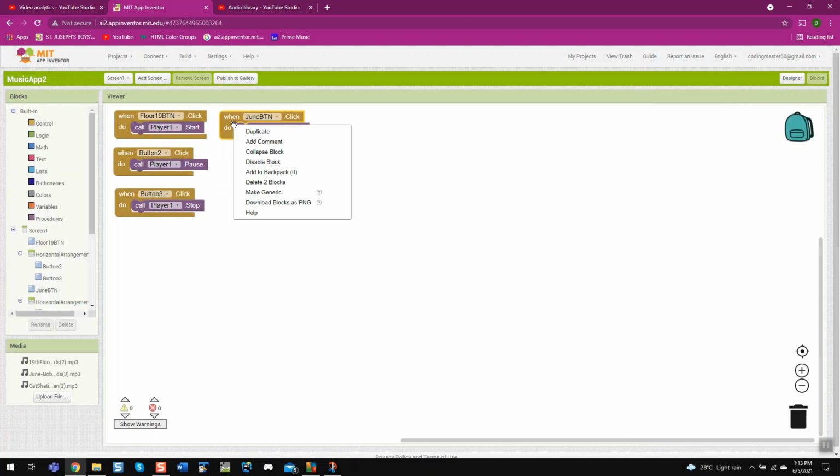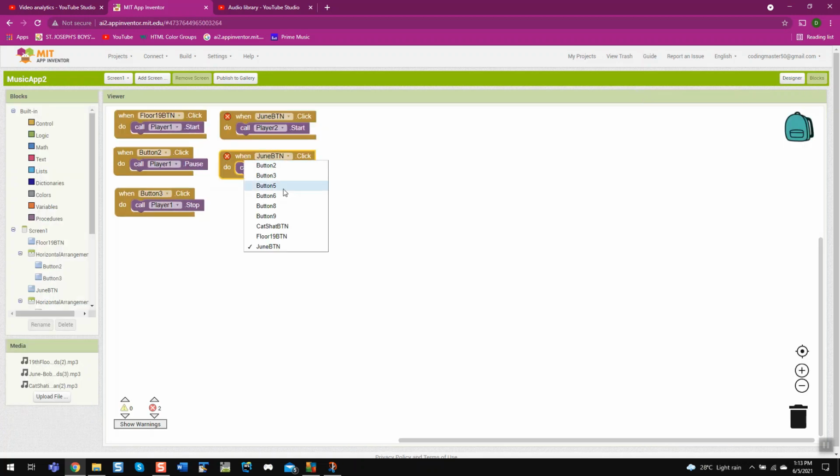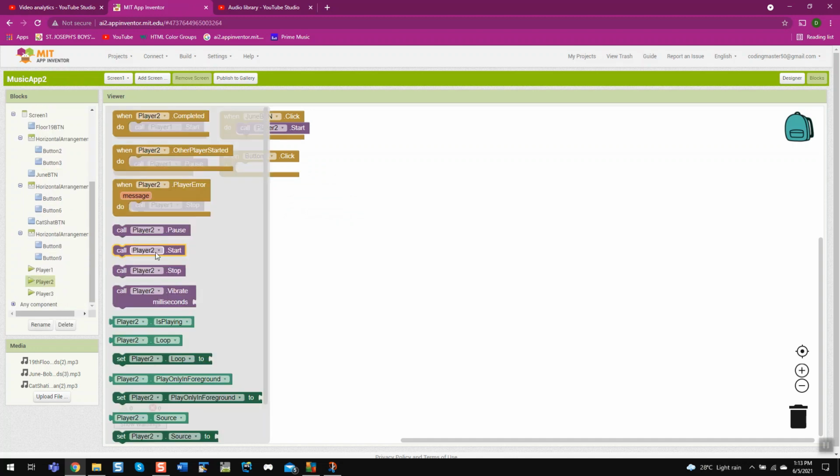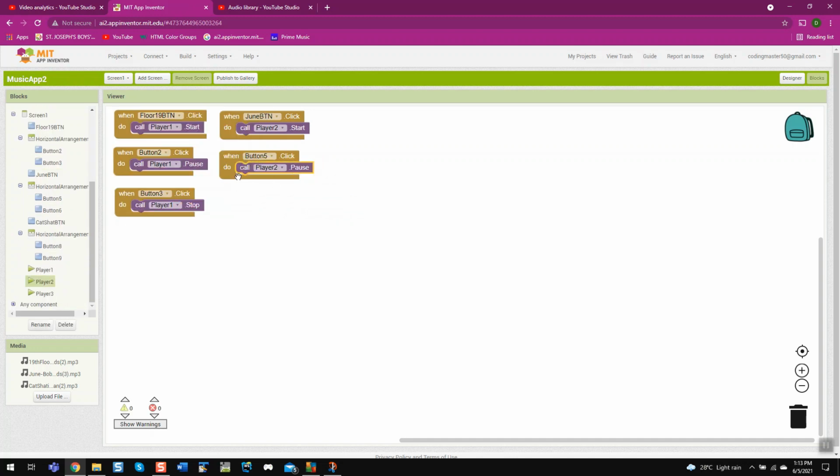When button 5 dot click, copy paste this, set player 2 dot pause, and when button 6 dot click, set player 2 dot stop.